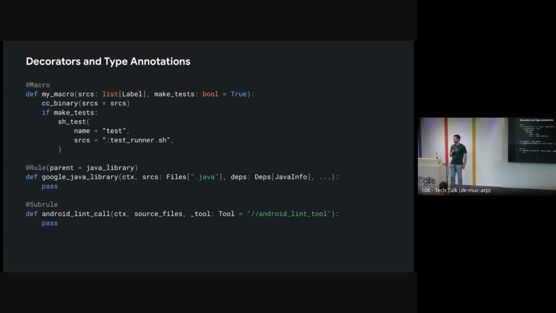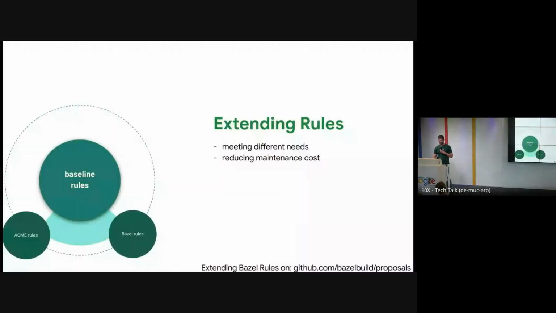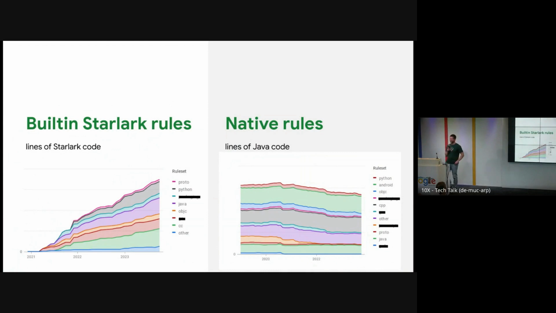If you wouldn't mind just flipping back to the nice graph you had about the progress of the Starlarkification. It's really great that it's going down on the lines of Java code, but if you look really in there, it looks like the lines of code in Java are growing in places. Have any comments on that? Yeah, we are using private API. So sometimes we expose new API to the built-in Starlark rules because we know we need to follow up with a cleanup. And it's probably better that we schedule them separately, not together with Starlarkification.